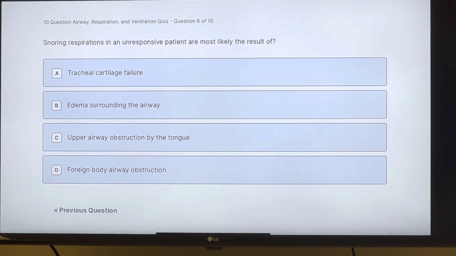Snoring respirations in an unresponsive patient are most likely the result of: A, tracheal cartilage failure, B, edema surrounding the airway, C, upper airway obstruction by the tongue, or D, foreign body airway obstruction? Snoring respirations in an unresponsive patient are most likely the result of: